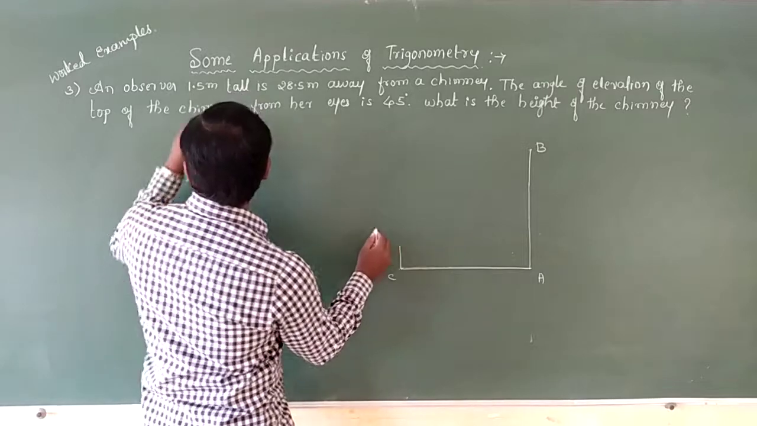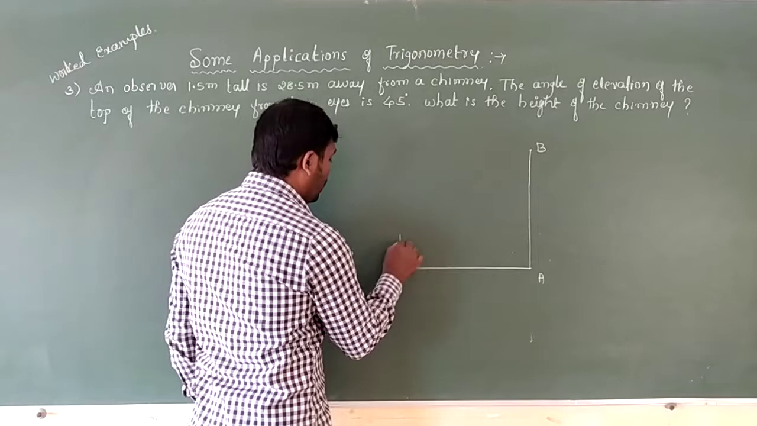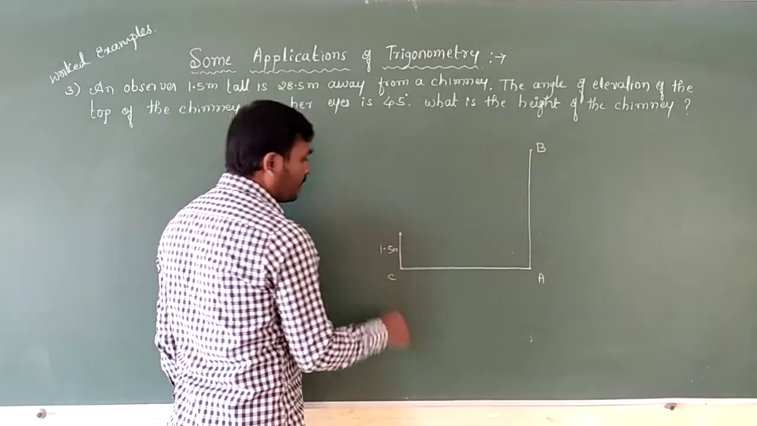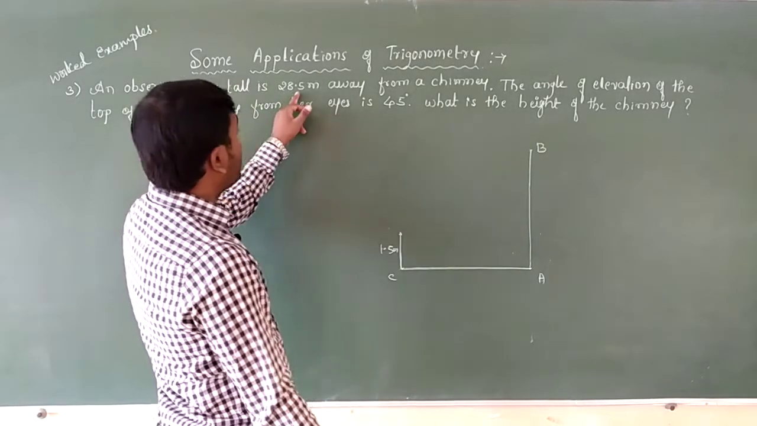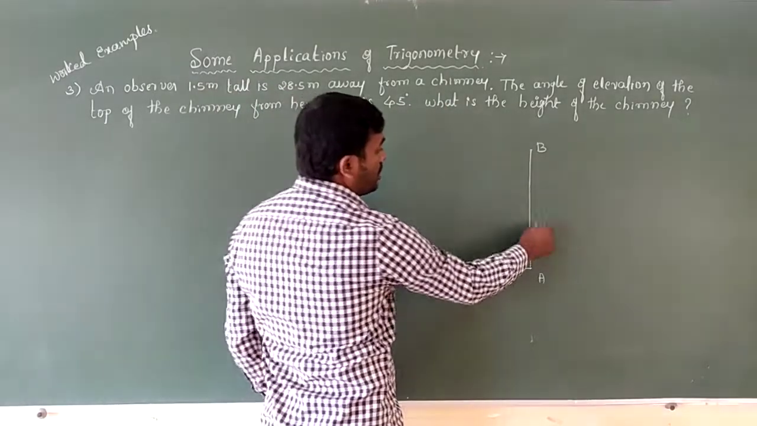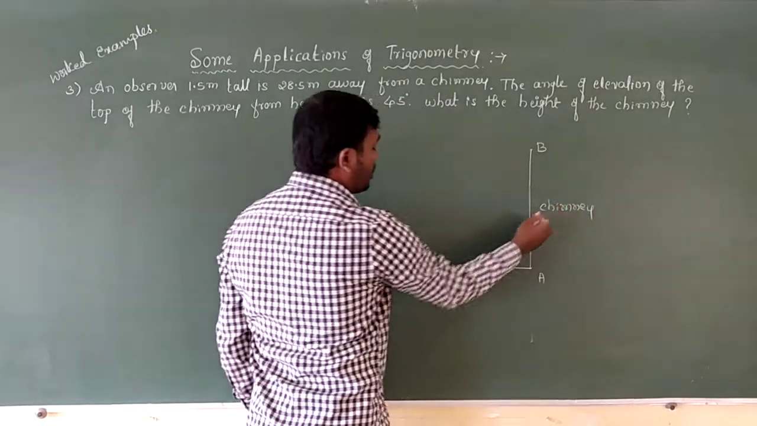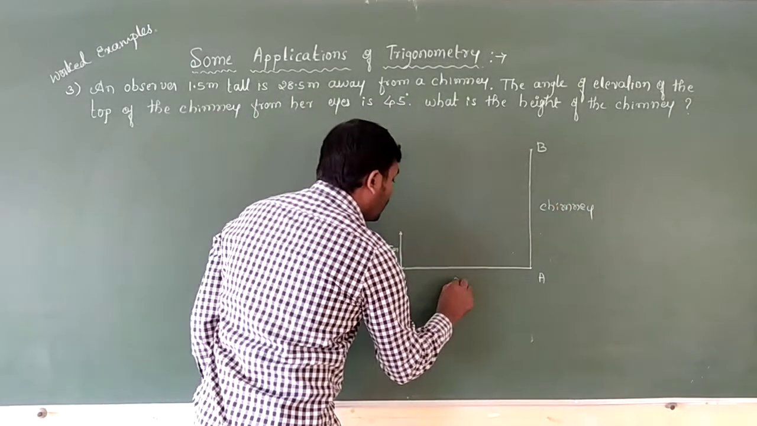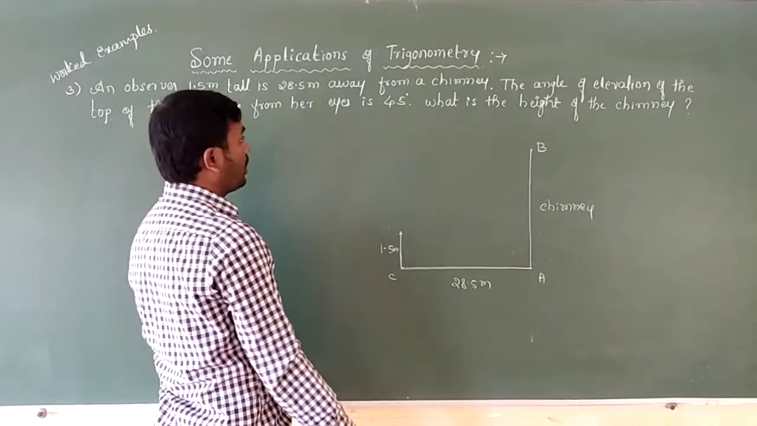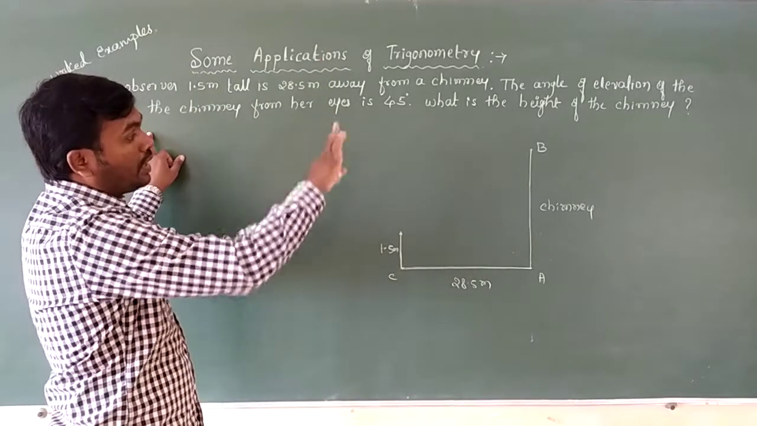He is 1.5 meter tall. He is at a height of 1.5 meter and he is at a distance of 28.5 meter away from a chimney. This AB is the chimney. From this chimney, he is at a distance of 28.5 meter, and when he observes the top of the chimney,